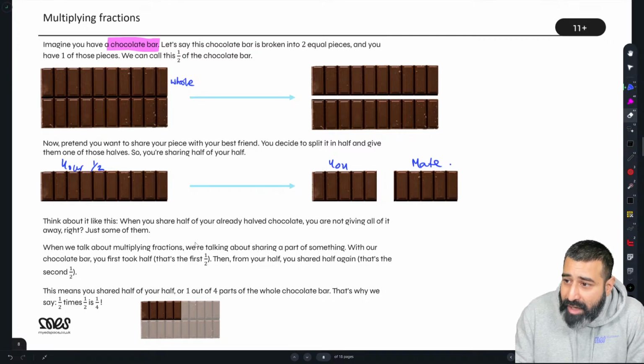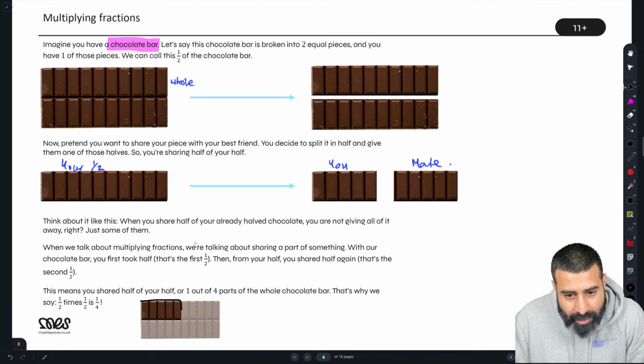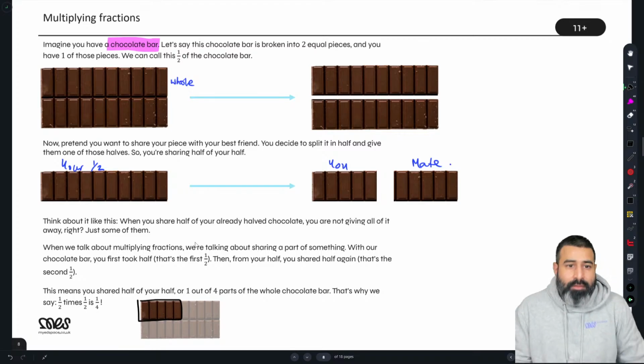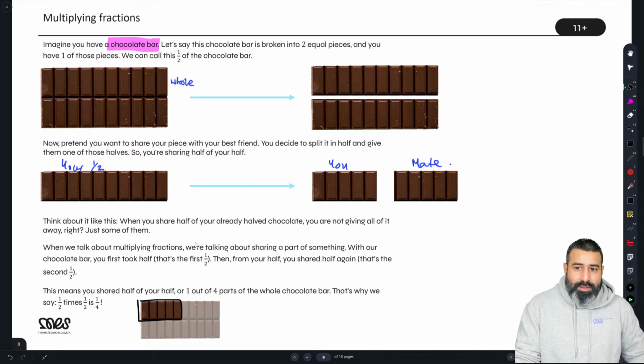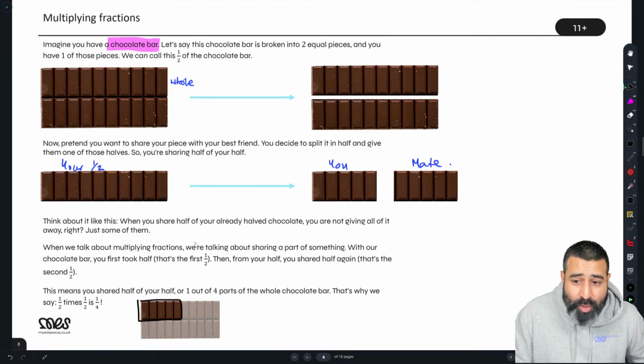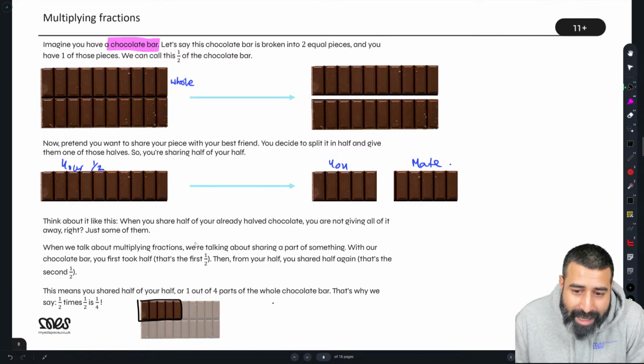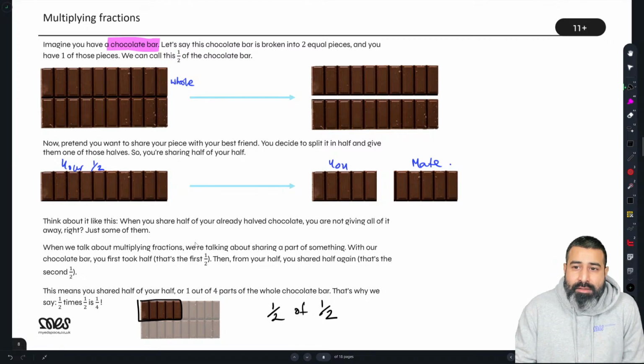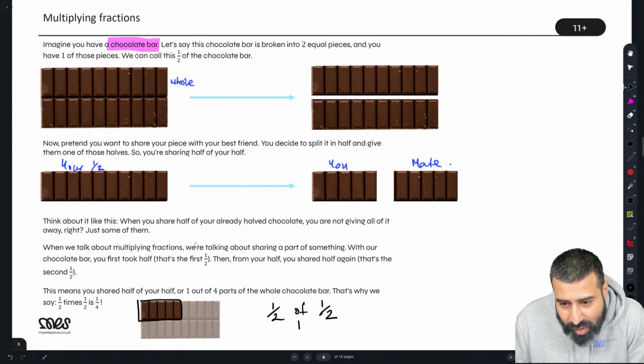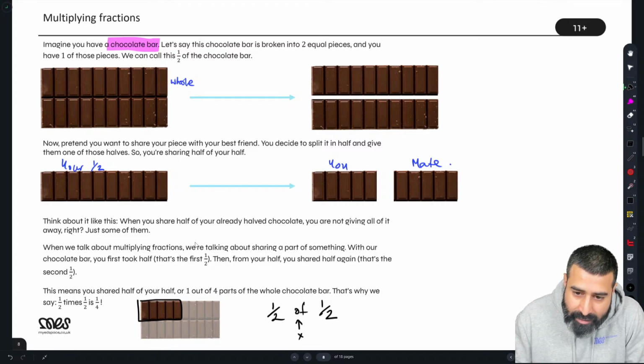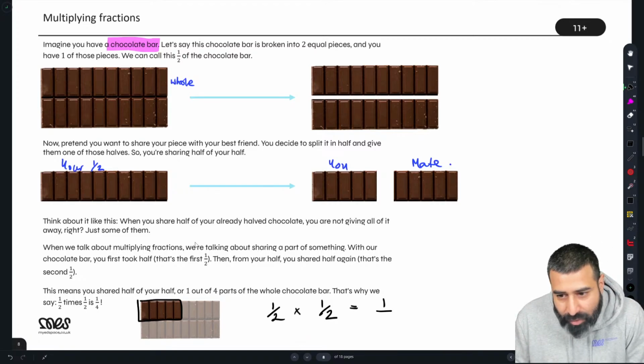So what this means is we shared half of a half. So if we shared half of a half, what does that equal from our whole? Have a look at this picture. So here is our whole, split into half again. Now what does that represent from our whole? Absolutely, it represents 1/4. So if we have 1/2 of 1/2, okay, so it's a half of a half, this of means to multiply, okay? So when we're multiplying, look what's happening. A half of a half equals 1/4.